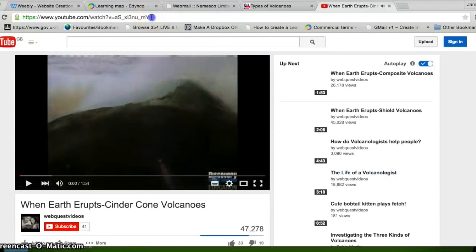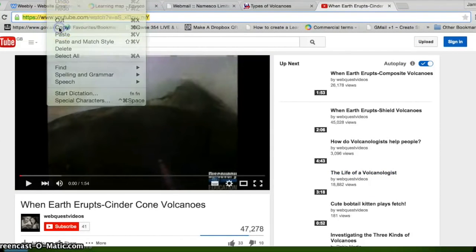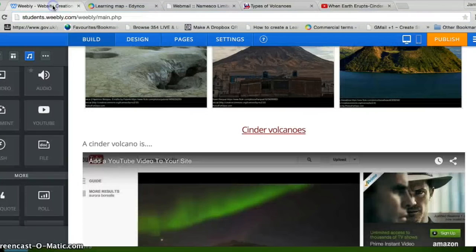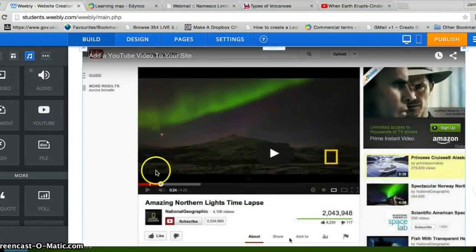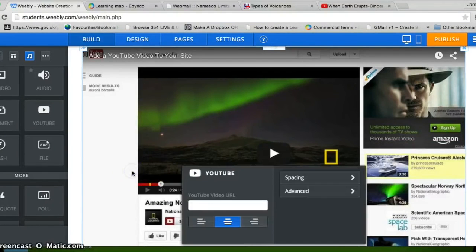Basically, we just need to copy this URL address here. So edit and copy again, and we'll just go back into Weebly, and then basically we just click on the element again, just like we've been doing all the time, and then we just paste in that address into there,